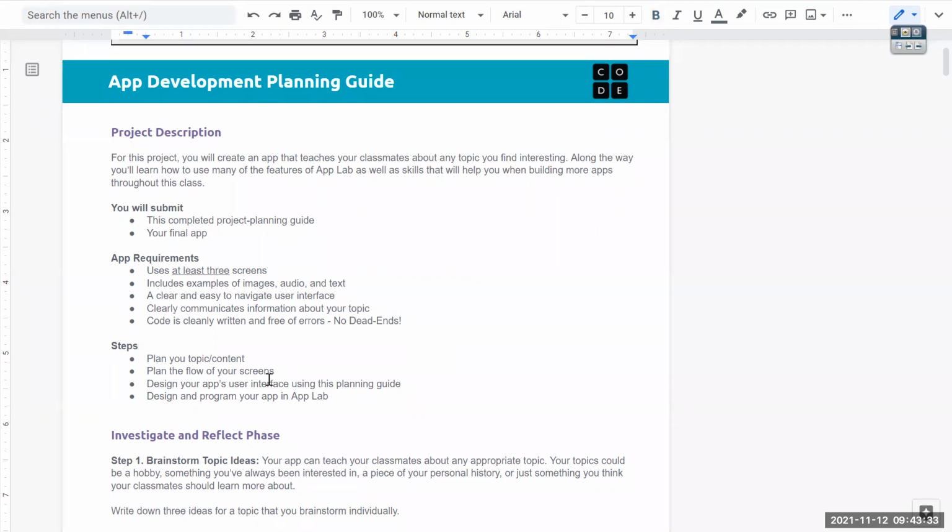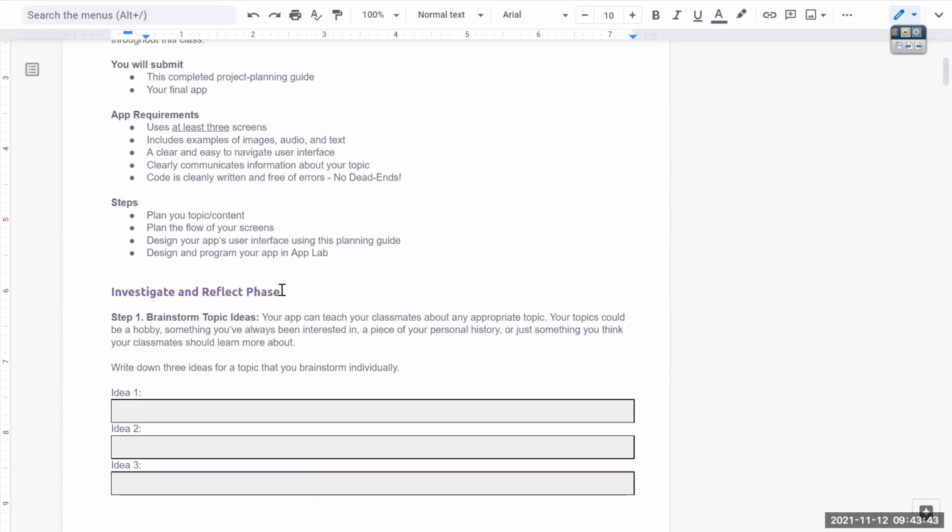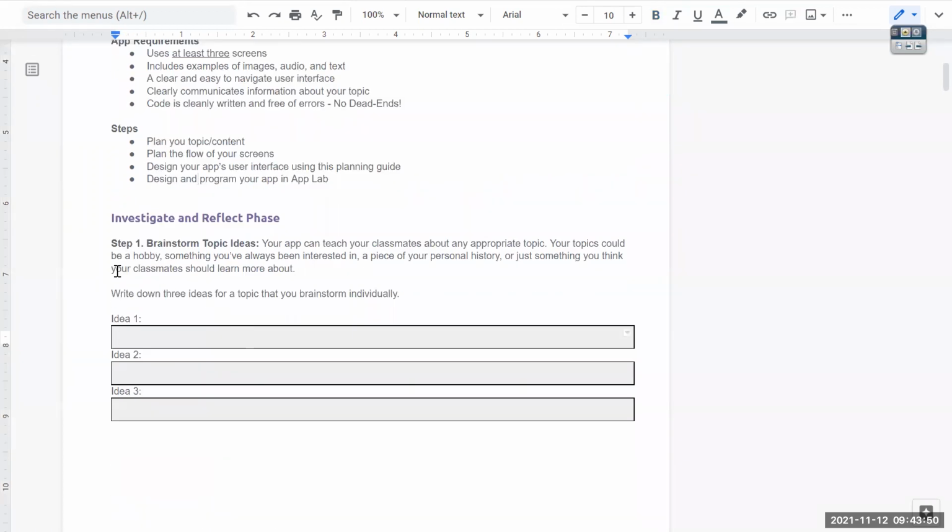Okay, steps: planning. Plan the topic and content, plan the flow. Okay, that's where you're going to sketch, design your app, user interface using the planning guide, and design your program in App Lab. Okay, step 1, plan, come up with 3 ideas / topics